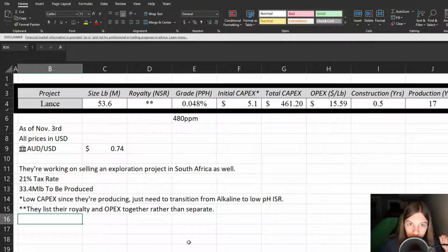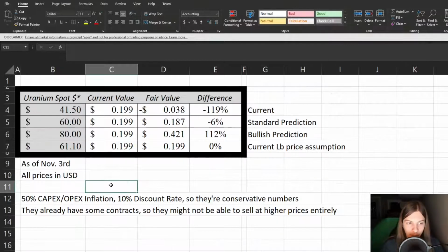So now let's hop over to the DCF I built. Alright, so we see here at the current uranium spot price of $41.50, they are not profitable. We see that with a lot of these companies, so no big deal there. But they actually look really, really good here. We see at $60 uranium, they are only slightly overvalued, and at $80 uranium, they see over a double here,